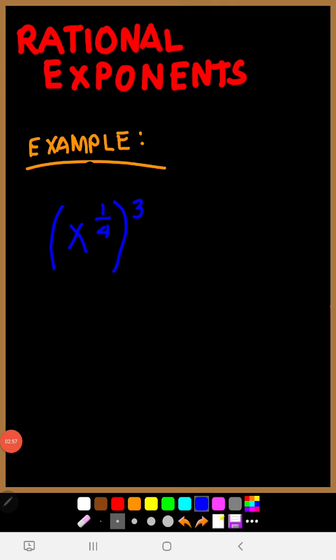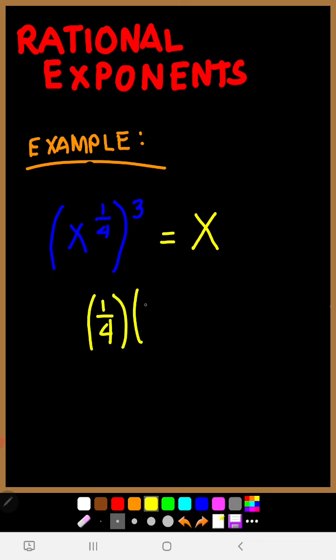For the second example, we have the quantity x raised to 1/4, raised to 3. By the law of exponent, all you have to do is multiply the exponent inside the parenthesis by the exponent outside the parenthesis. So just copy the base. That is equal to x. Our base is x. Now, you multiply the 1/4